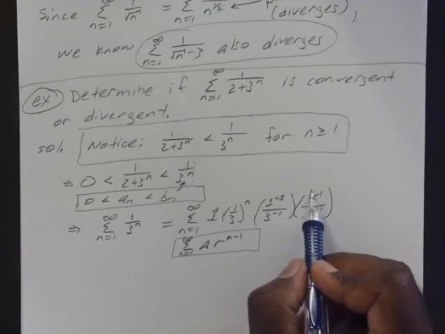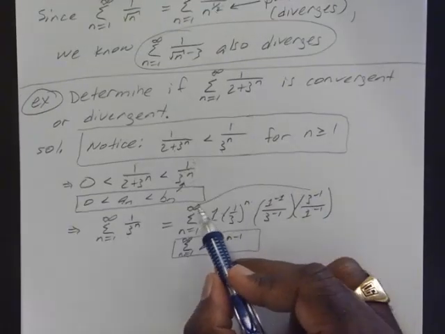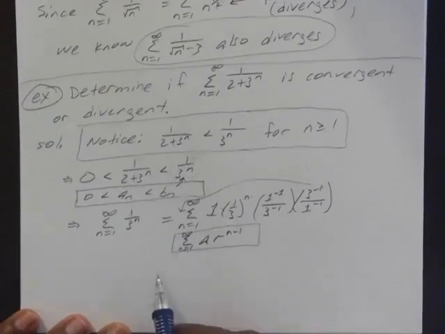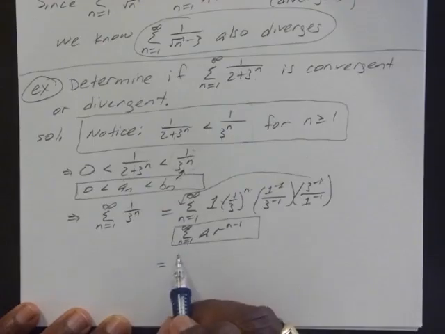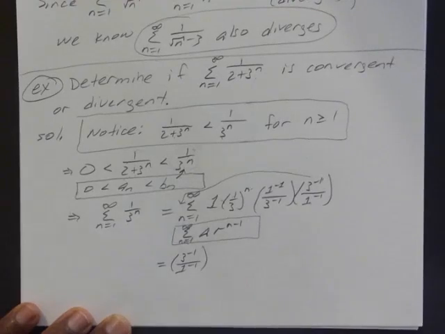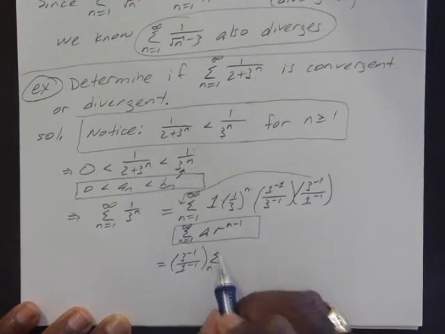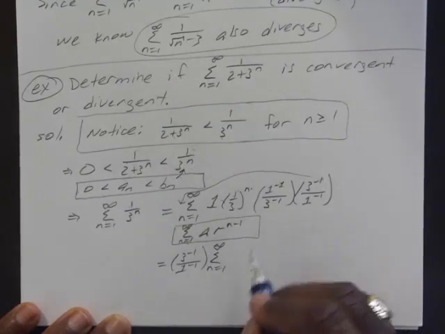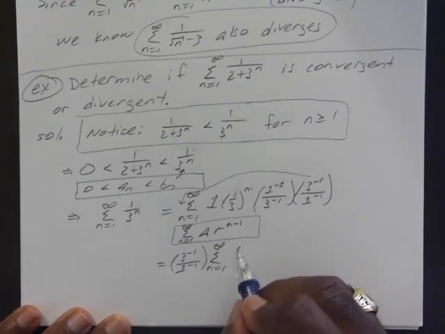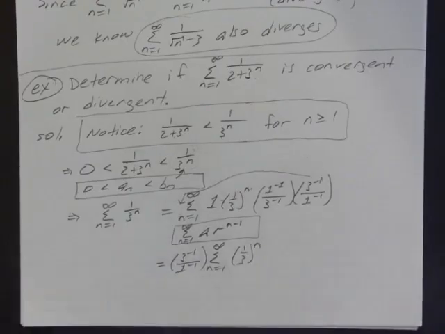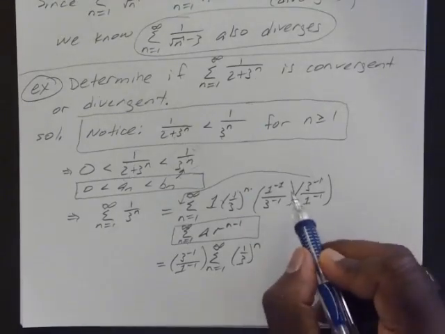Okay, so if we get that 3 to the negative 1 and factor that right out to the front, we have our 3 to the negative 1 times 1 to the negative 1 power times the sum from n equals 1 to infinity of (1/3) to the power of n. And if we multiply these two together,